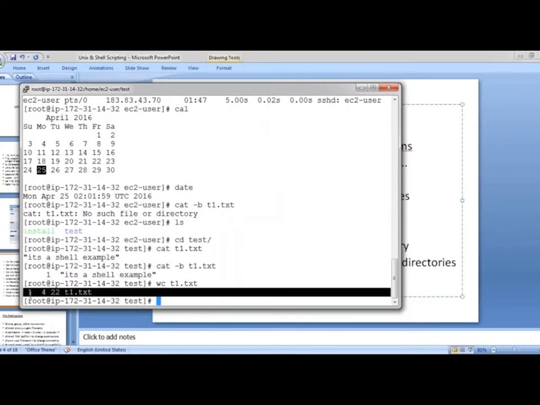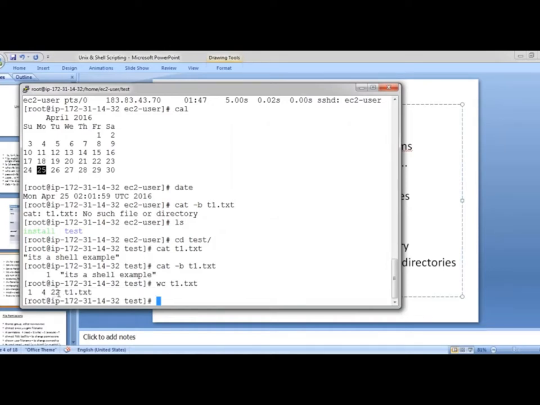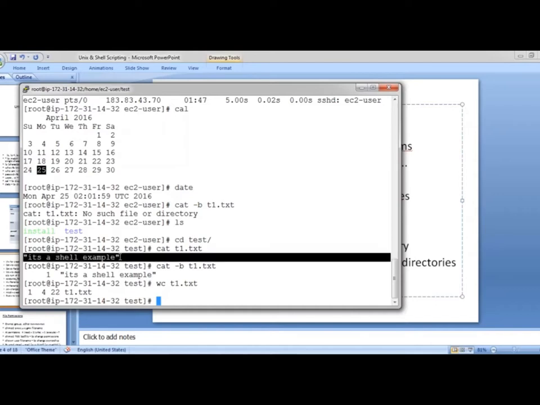It says that you have one line, it has 4 words, and it has 22 characters. Even the double quotes, which we have specified, are counted.